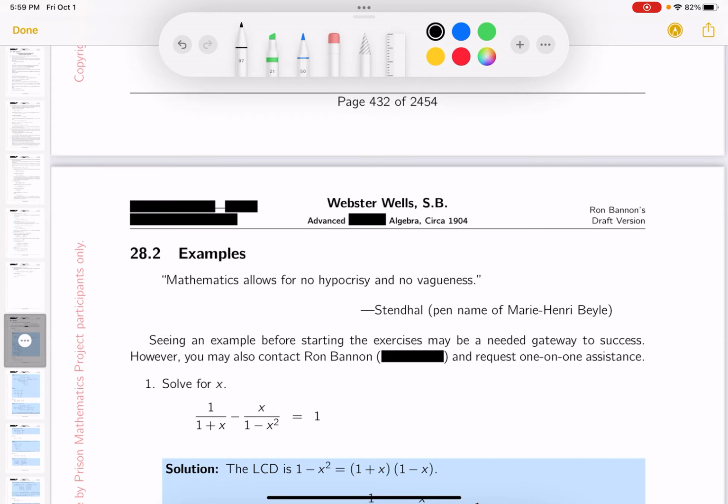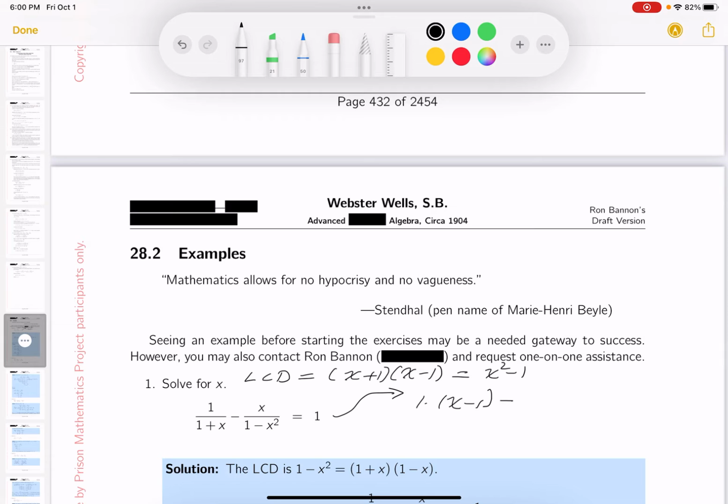So the first thing to do is LCD. By inspection, I notice the LCD is x plus 1, x minus 1, and if you multiply that, it would be x squared minus 1. It's a difference of squares. What do you expect to do? Multiply both sides by the LCD. All right, so, the LCD times the first term. What would that give me? That would give me 1 times x minus 1